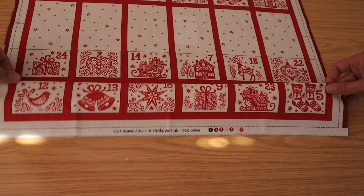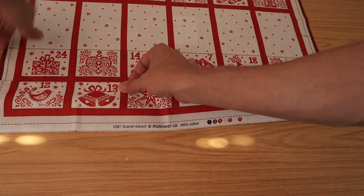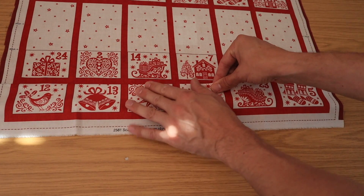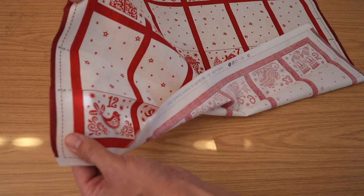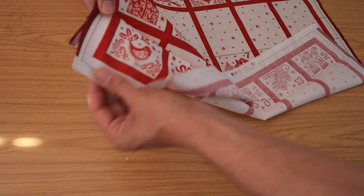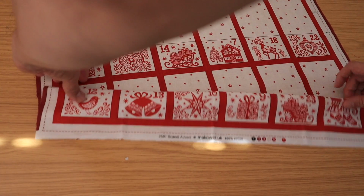After that finger press fold, go up to the top of where the pocket would be and then press that down. And then when that's in position and you've done all the layers, you can then give it an iron. Just to double check, you see there, you can see how it concertinas up, and then you would fold down